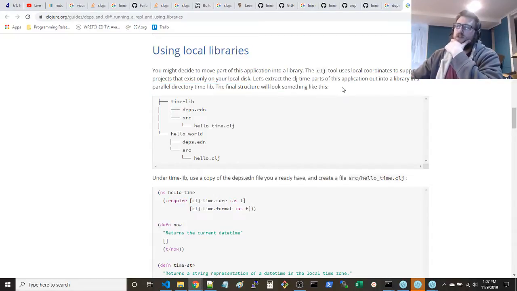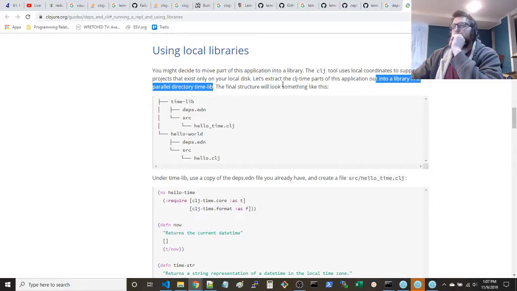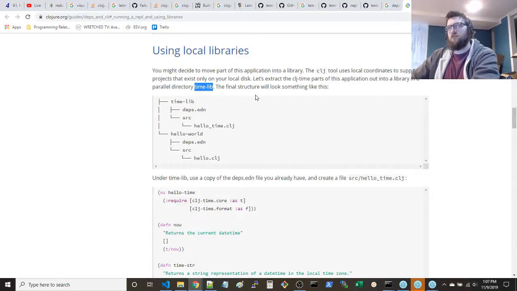Extract the CLJ time parts of this application out into a library in a parallel directory, timelib. Time library, dependencies, EDN source, load time.